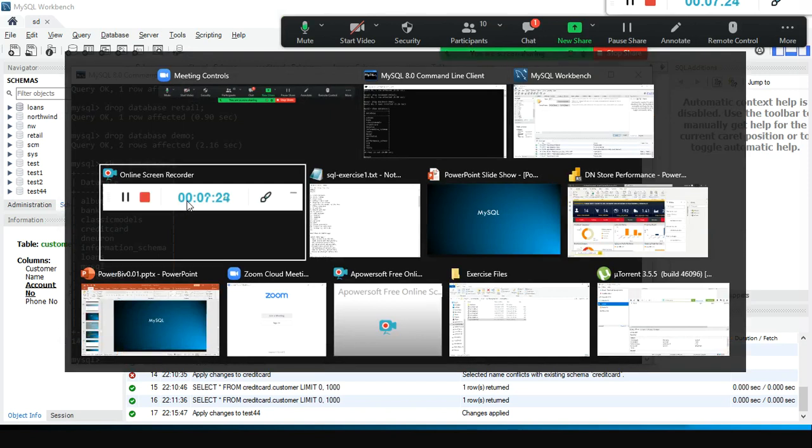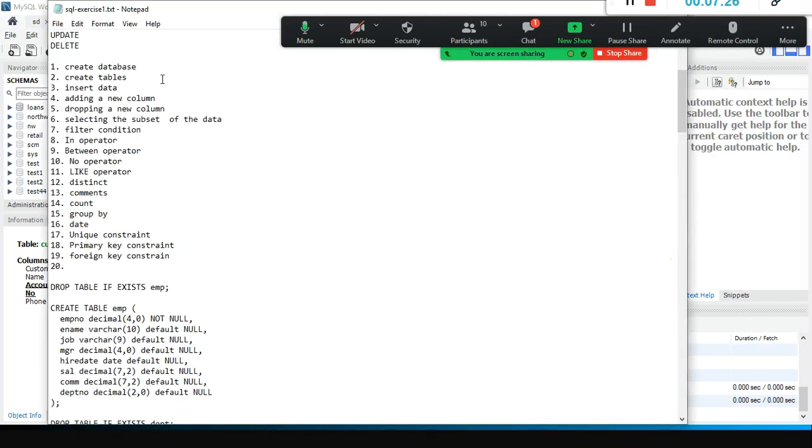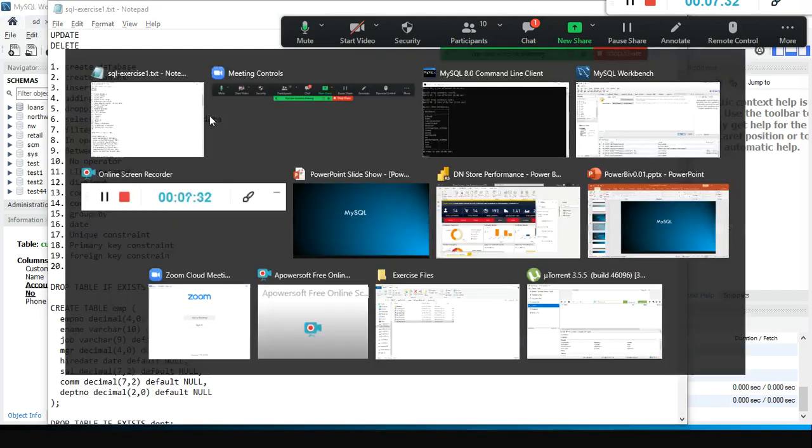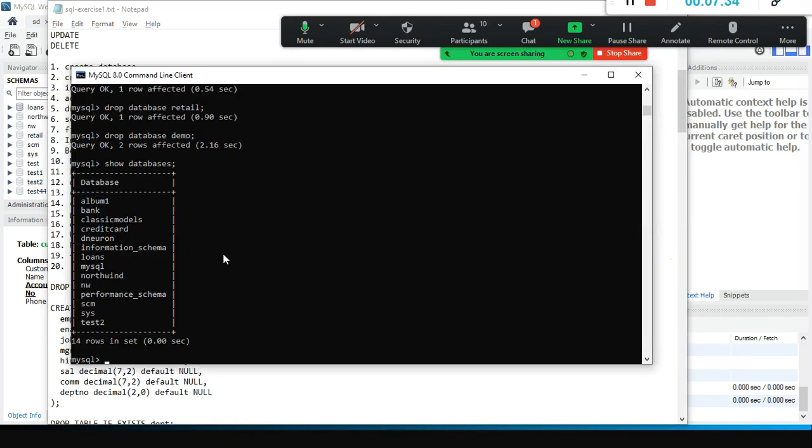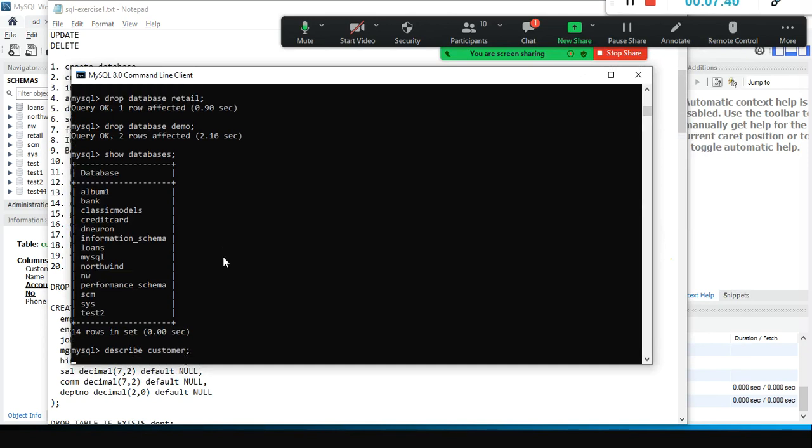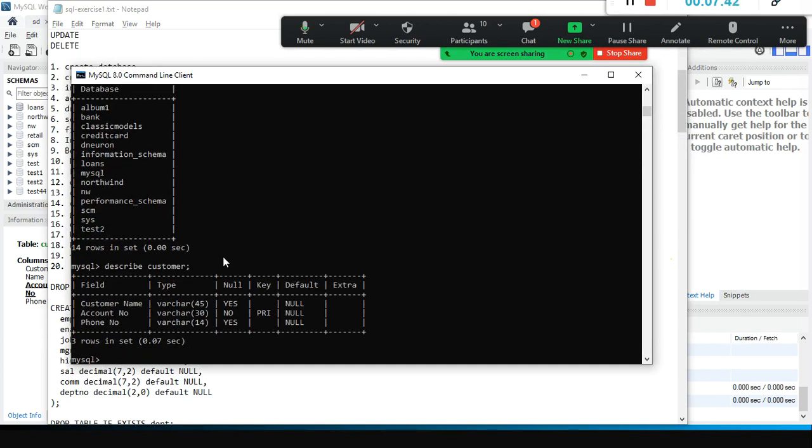So the next one. We learned how to create the database, how to create simple tables, and how to insert the data also. Adding a new column: how do I add a new column? For example, let's describe the customer table. It is there. Now I want to add a new column as suggested by Shaitra.